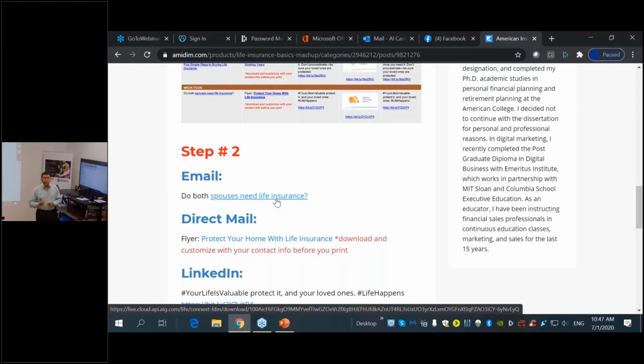Something that is very important for you to be able to successfully send emails is that the content of the email has to be good. It has to have added value. You have to be sending people something that they are interested in reading. Because if you don't do that, then they're going to unsubscribe from your list and you're going to lose them.